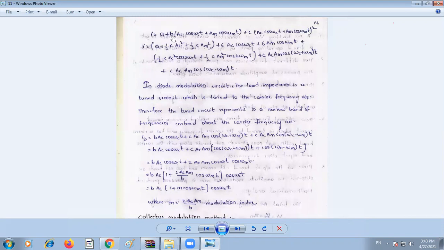I is equal to A plus B Vi, where Vi is the voltage across the diode, Vs. Vs means Ac VC plus VM. So that is A plus B into Ac cos omega ct plus Am cos omega m t, plus C into Ac cos omega ct plus Am cos omega m t, whole square. After simplifying all this, you get three terms, that is Ac